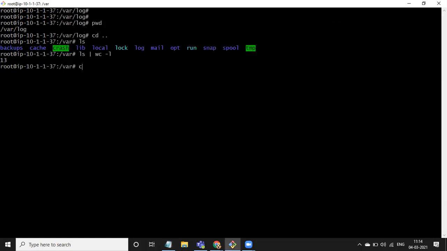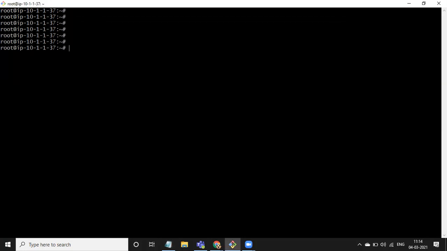Wherever you are in Linux, whichever folder you are in, if you hit cd space tilde symbol, you will get to your home directory. Now I am in my home directory, right? Now I will create one folder. In Linux, how do we create a folder? mkdir, make directory, space funny, enter.